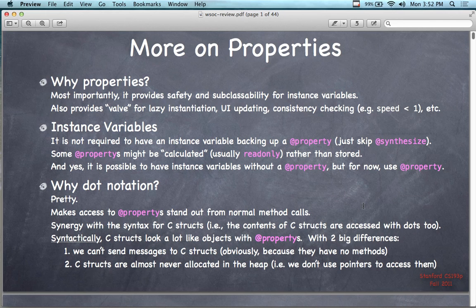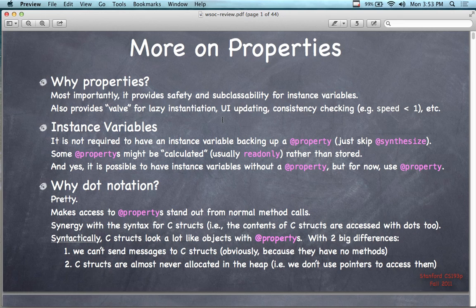What you're doing is essentially, instead of saying get, in this particular case we have a variable called speed or something. So it also provides value for lazy instantiation. If we have nothing, just a regular old variable called speed, we're going to use it to keep track of an integer. Lazy instantiation would be instantiating it to 0 or to 1 or to 2 or something. And if we do property and synthesize on it, the @property is going to allow us